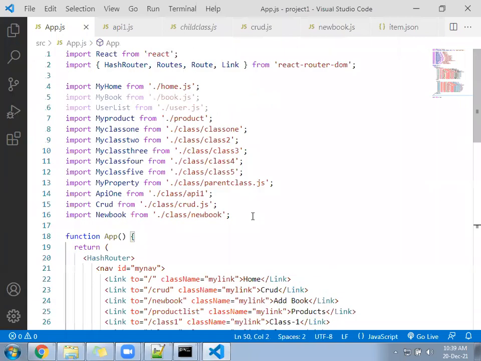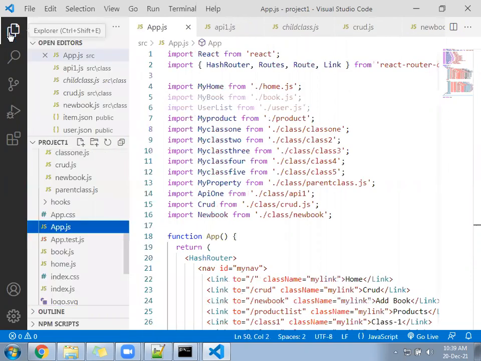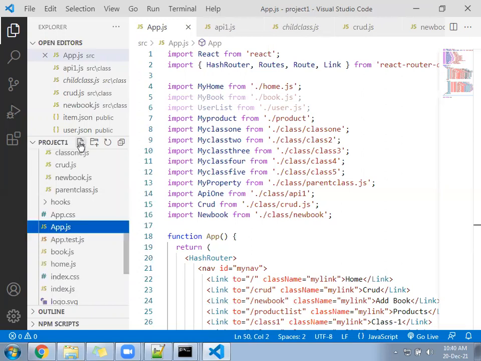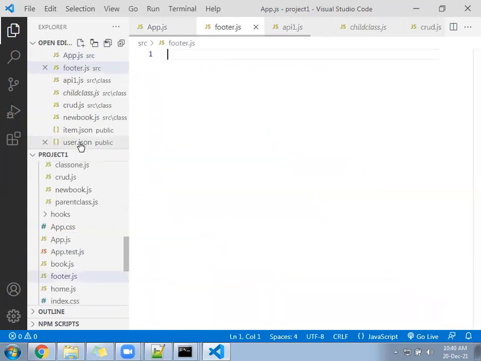Give the file name footer.js. In footer.js, you can simply create a function.